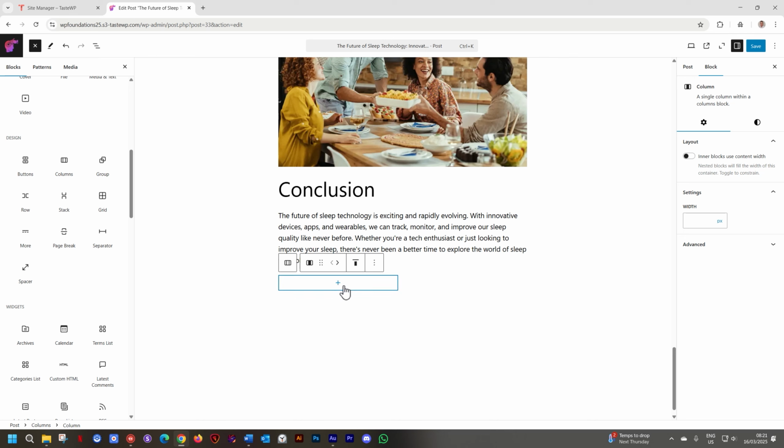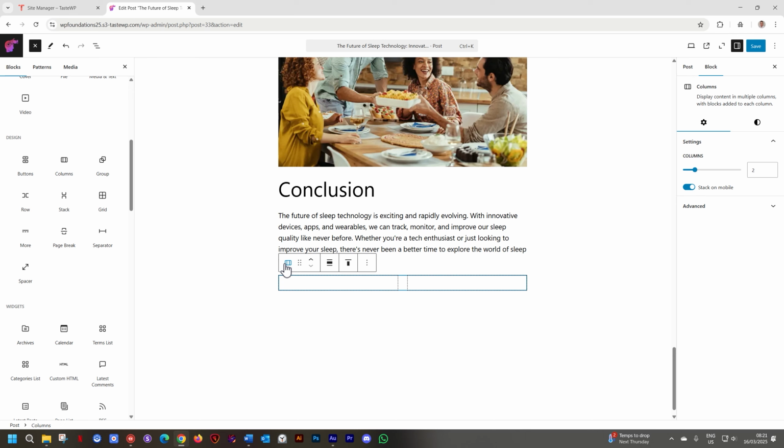What is important here is that whole thing I had talked about, the child and the parent. You can see here we have a column selected, but next to it is a disconnected parent. And this is actually the columns block. Select that, and now you can see, we can clearly see the 2 columns there. What we can do is we can put a heading in the left column, and we can put some paragraph text in the right. Let's do that first.